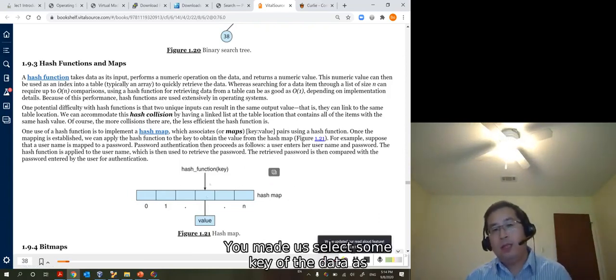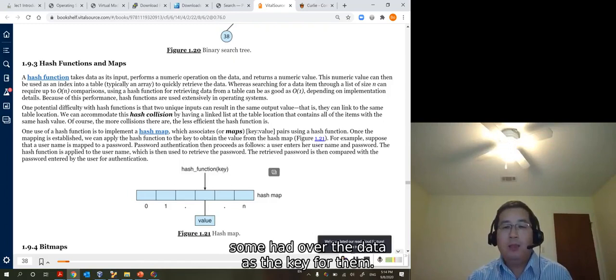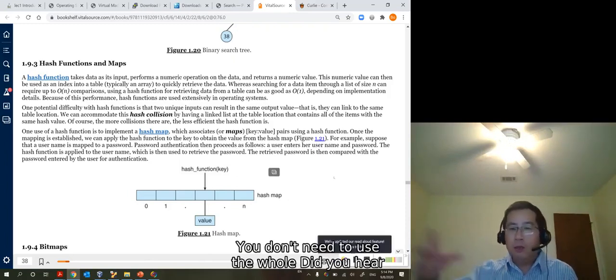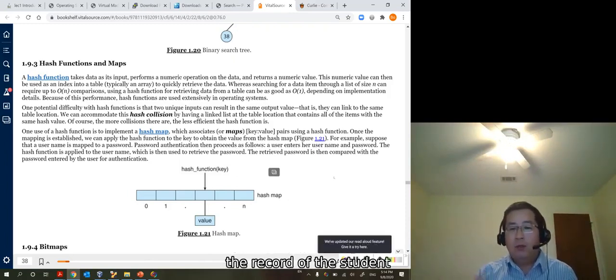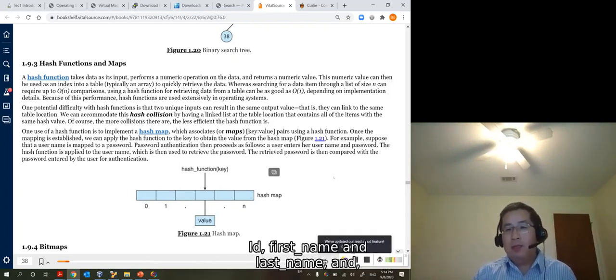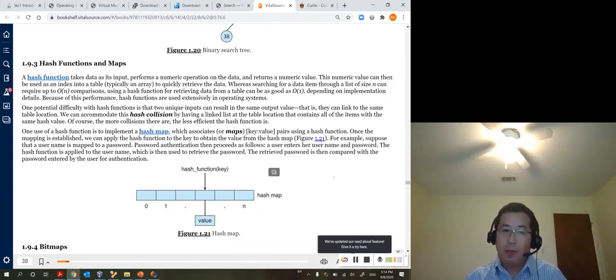You may select some part of the data as the key. For example, if you want to save a record of a student, you can use the ID, okay? You don't need to use the whole data, because the record of the student may contain a lot of things: ID, first name, last name, which year, and the GPA and so on.